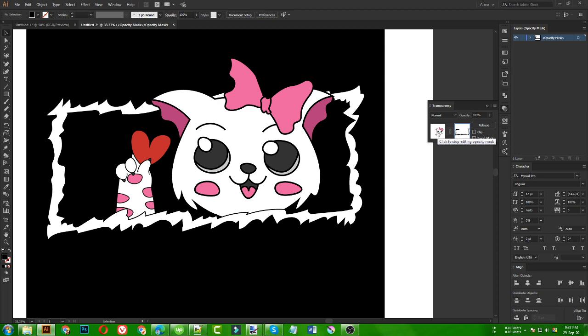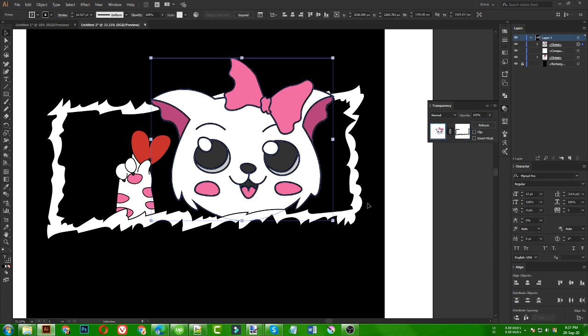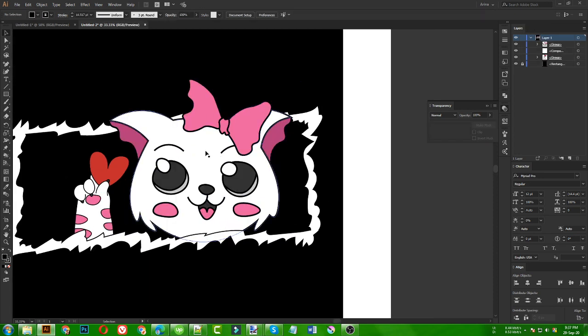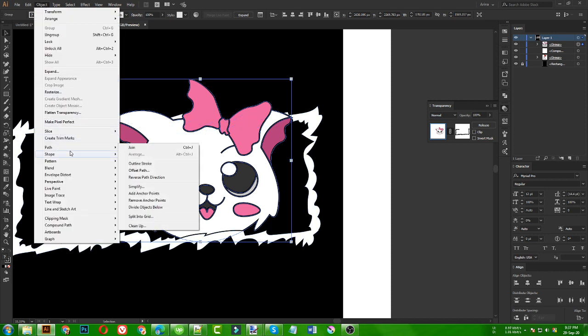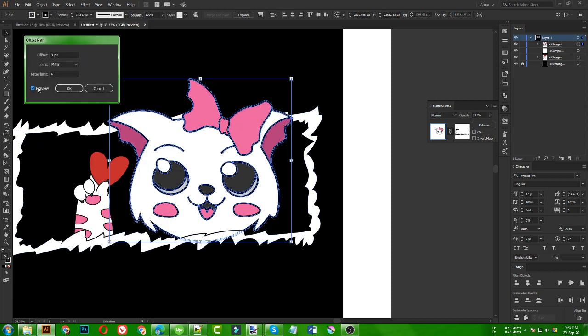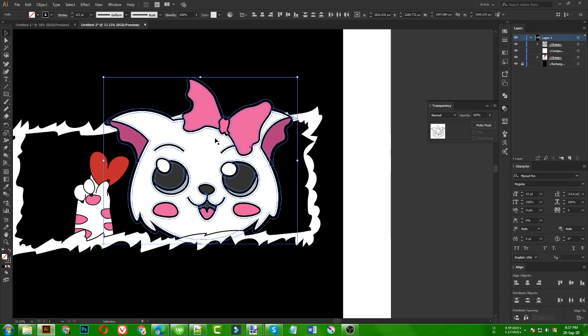If I turn this off by clicking here, now I want this head area to be on top of this shape, so I need to make an offset path for this cat head also, but in maybe a bit bigger size like this. Okay, once it is selected, the offset path is made. You can see this is in a stroke mode, no fill, only black stroke. If I press Shift X, it will switch this. That means it is now in black fill, no stroke.